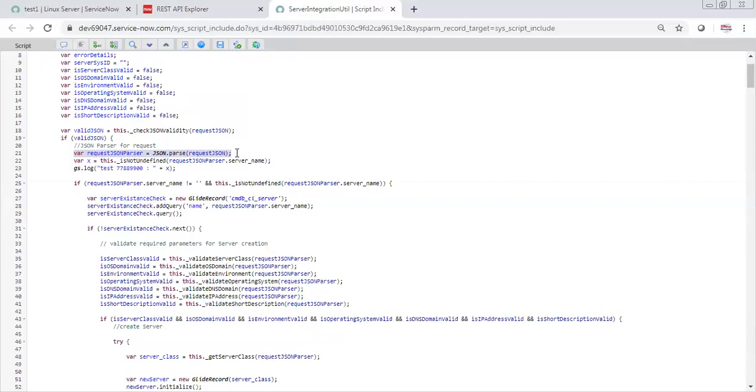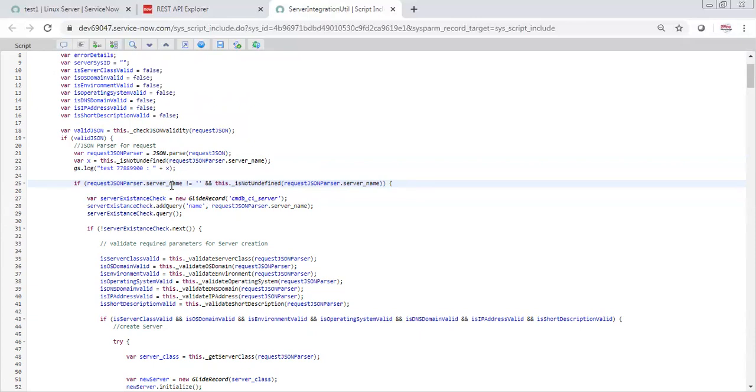So this is again standard for you. Then here we are checking the first required parameter, the name of the server. So this structure again you can keep: you need to validate your first required parameter, without which you cannot proceed further.